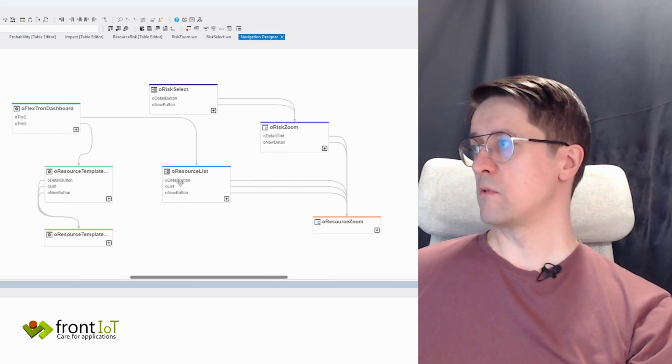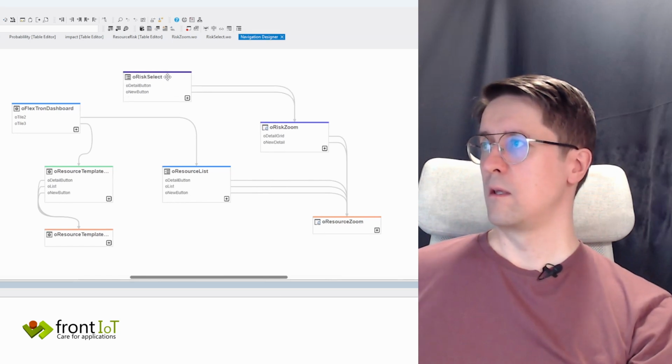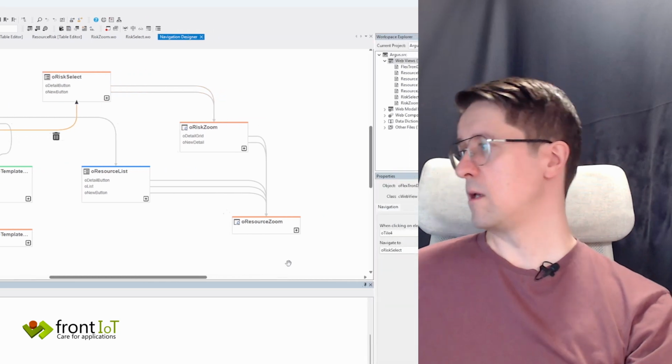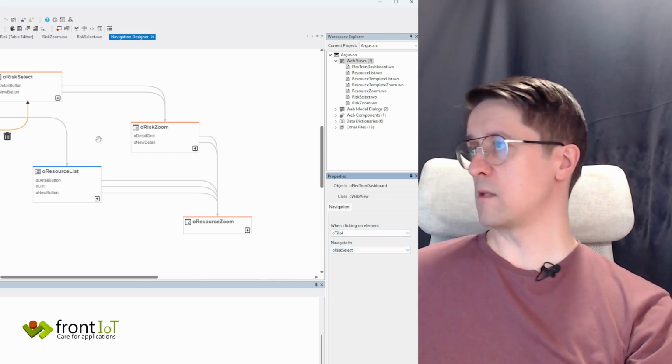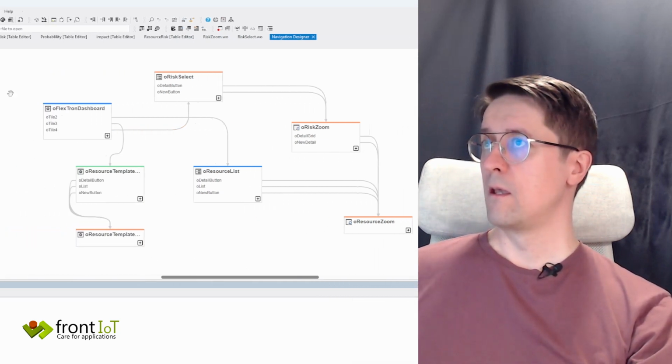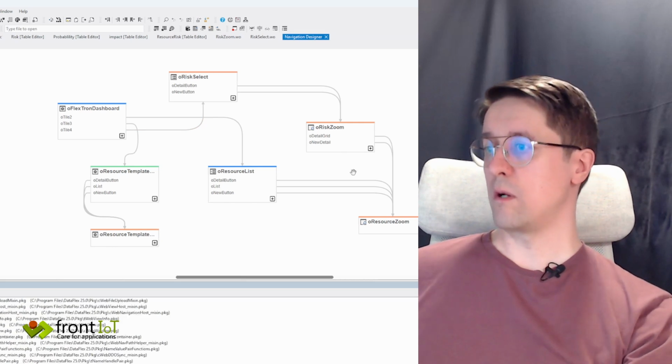Both of these go down to the resource zoom, and we would like to add, not here, but we want this one to go to there, and we want to put that on tile 4. Yes, go to risk select. And now if we run our application,